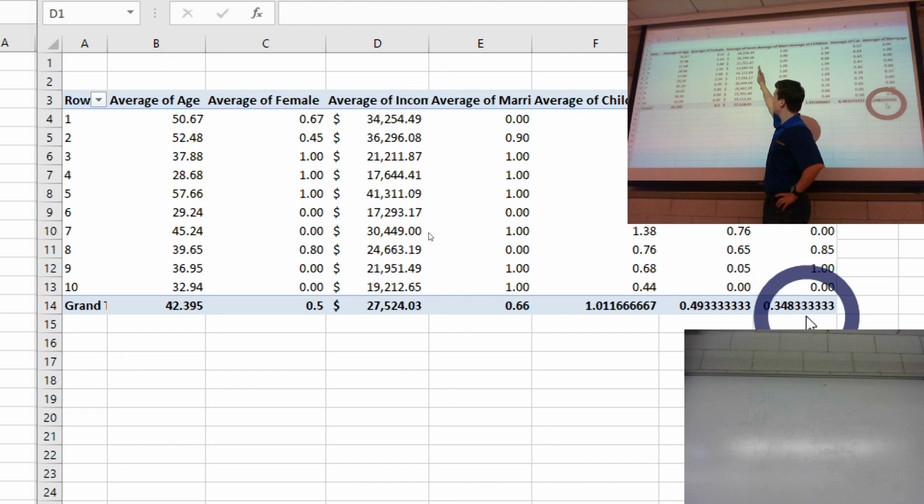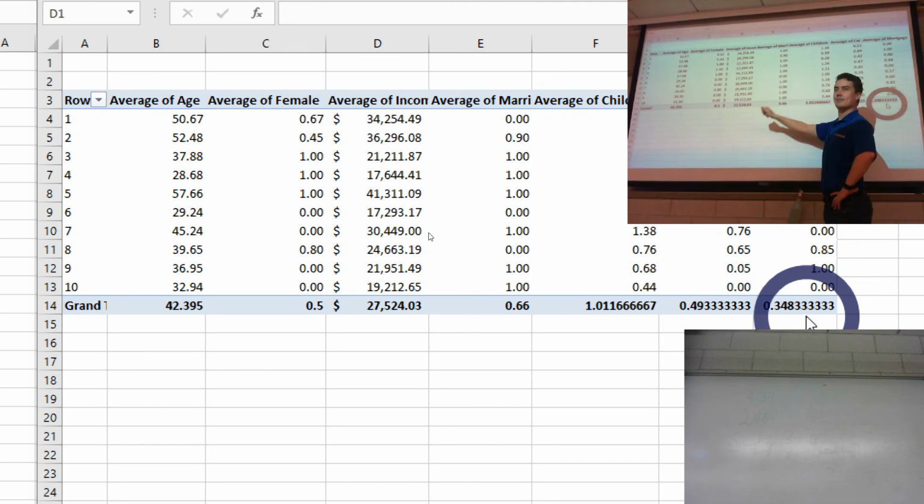But if you see something like this, 1. What does that mean? The average is 1. Everybody's married. Say it again? Everybody's married? Everybody is married. Or at least close enough that it rounds up from 2 decimal points, which means at least 99.5%. So the